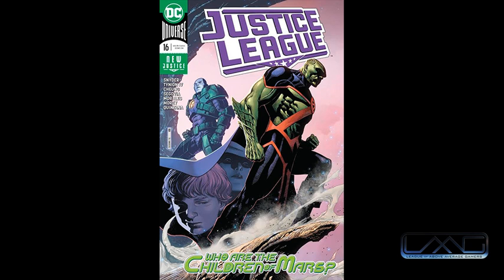Right. So, this issue of Justice League is pretty heavy. I mean, we find out some real crazy things. Revelations are coming fast about mysteries that were introduced in the last couple issues, for sure. Now that the source wall is broken, and all the evil powers that were kept out are swarming back in, we find out from the White Martian on Thanagar, he's telling Martian Manhunter the whole story of the history of how, when the evil was banished,